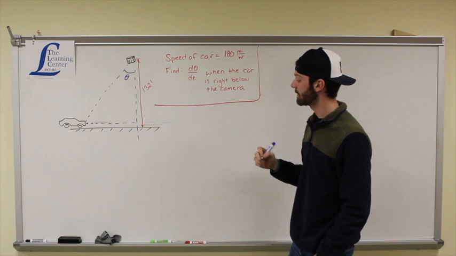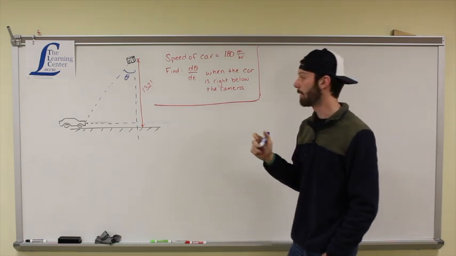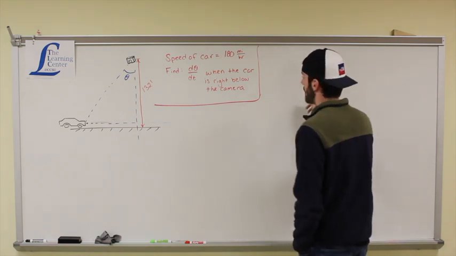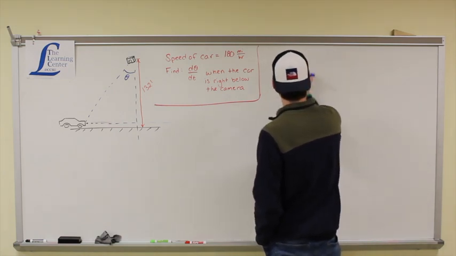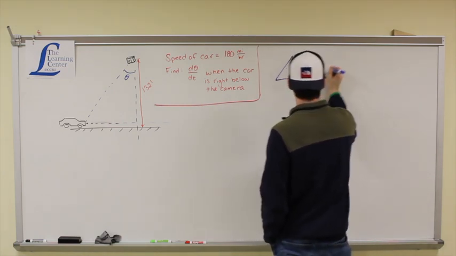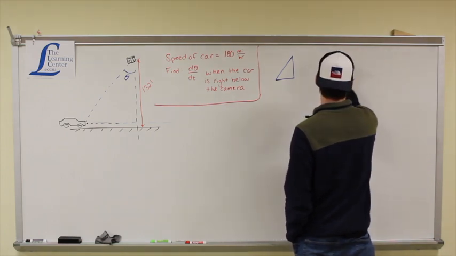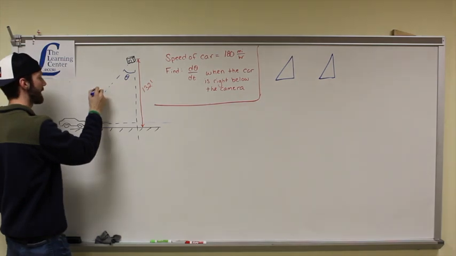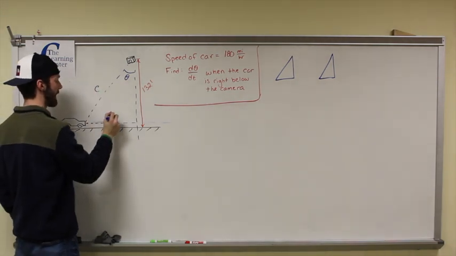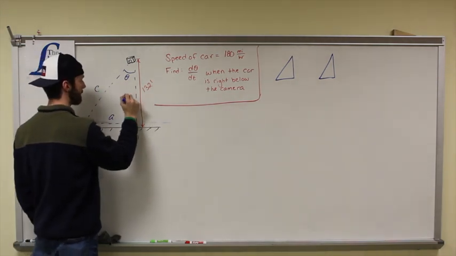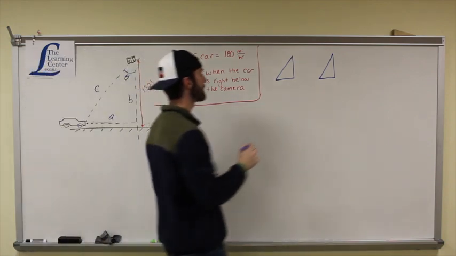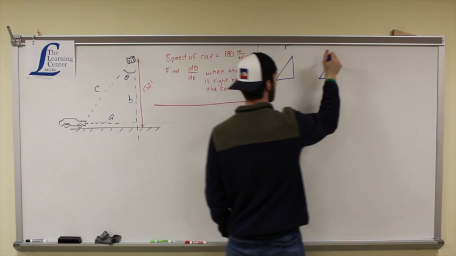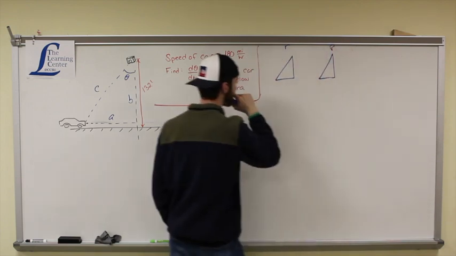The first thing we need to do is draw two triangles. We need to draw a position triangle and a rate triangle. My first triangle is going to be position, that's going to be rates, and let's label some of these sides. We'll call this one C, this one A, and this one B. So in this triangle, which we'll call my rate triangle, and this one my position triangle,